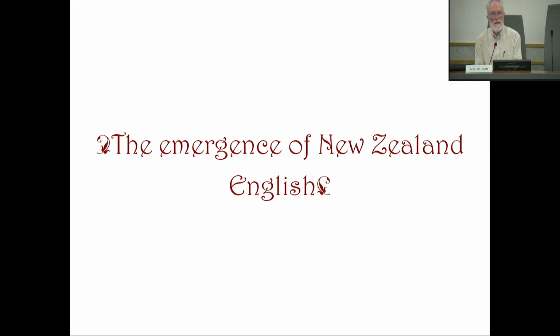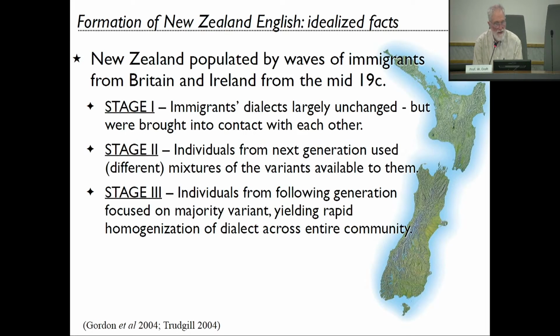So the first case study is the emergence of New Zealand English. This is one of those new dialects that Trudgill proposed a theory about. So here are some basic historical facts, call them idealized, in the sense that we simplify the complex history of the introduction of English to these islands. It was populated by immigrants from the mid-19th century onwards. It's one of the most recent European colonial